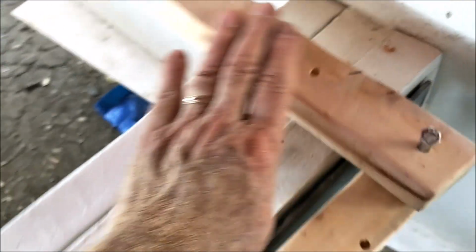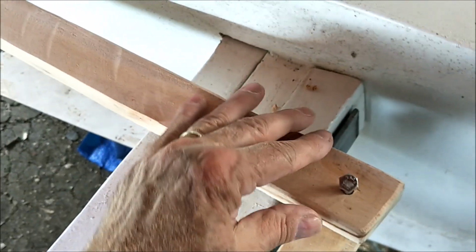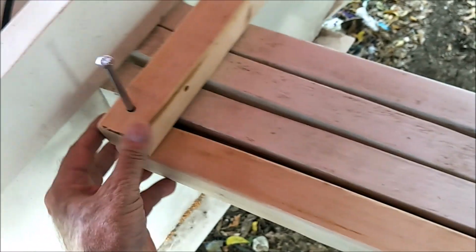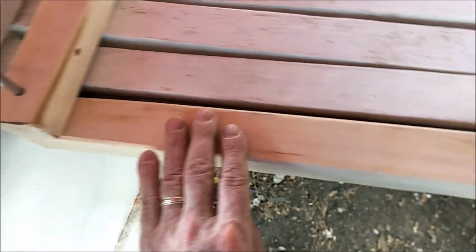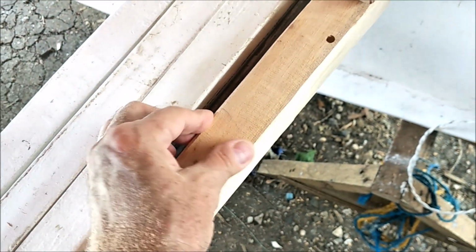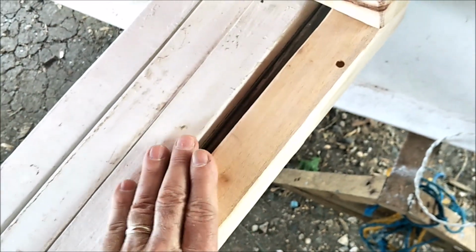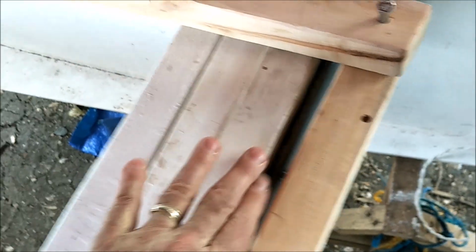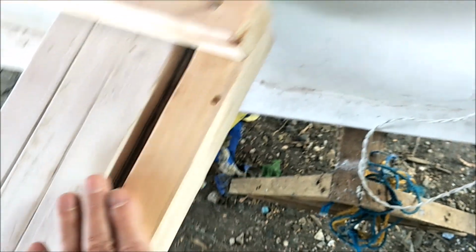Okay, we are back again, and I'll show you what we've been doing. These pieces of wood were just planed at the mill, and what we did, we took a grinder sanding disc for an angle grinder, and it's 120 grit, and smoothed all these out and rounded the corners here, so it doesn't really cut, just like I did with all these 2x4. I rounded all the corners and made them nice and smooth. So I rounded that, cleaned up all the edges on that one. You see this one over here,